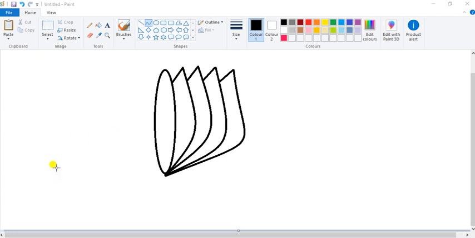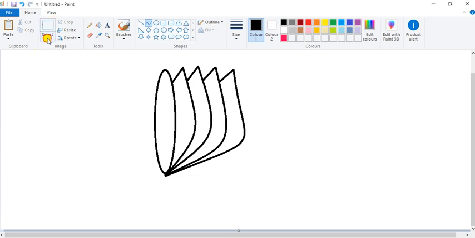Okay. What you can do? There is one trick for this. Okay. Pay attention carefully. For this, if you want to draw same mirror image, then what you can do? Go to select tool. Can you see this select tool?